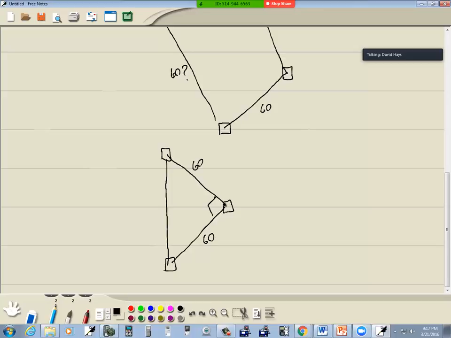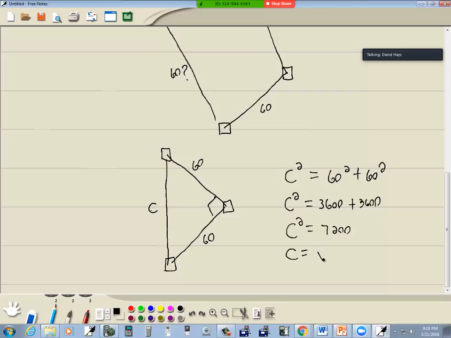Here's my sharp corner, which means that this distance here would be my C. So from the Pythagorean theorem, I would say C squared is equal to 60 squared plus 60 squared. 60 squared is 3600, plus 3600, which gives us 7200. And then I drop the second power and I put the square root around this,